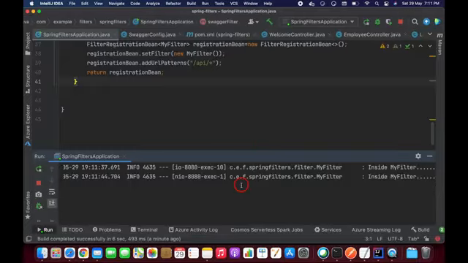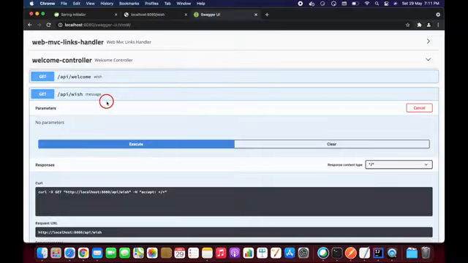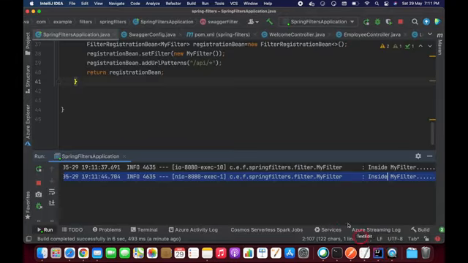We have wish endpoint as well. Let's execute this and come back to console. I can see this my filter execution here. Okay, so we have executed all the endpoints related to these two controllers. So we got the output from this my filter here. Okay,